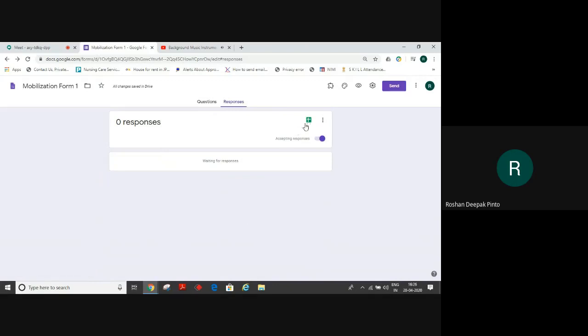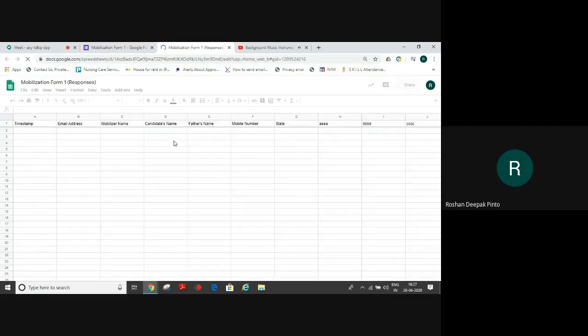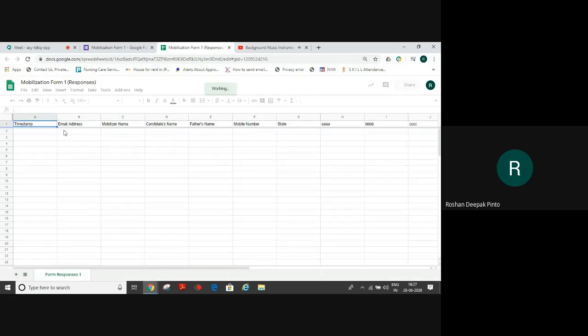Now if you go on that green icon, the icon is changed. It says now view responses in sheets. If you click on that, your spreadsheet will open. Now you see all those headings have come here: timestamp, email, candidate name, father's name, mobile number, state, and those states which you have mentioned: AA, BB, CC, and DD.